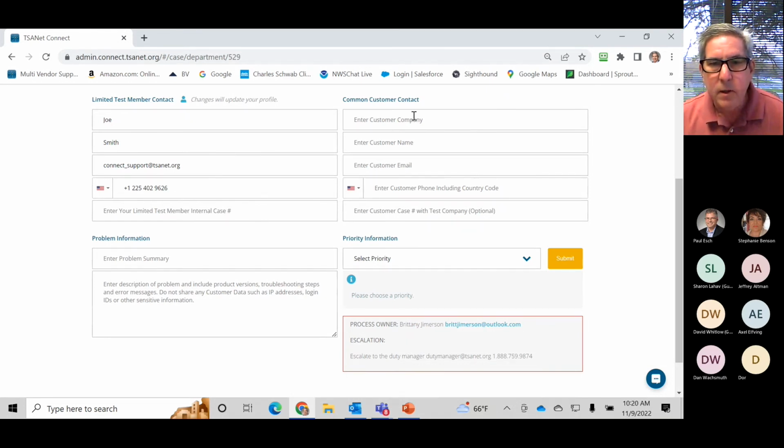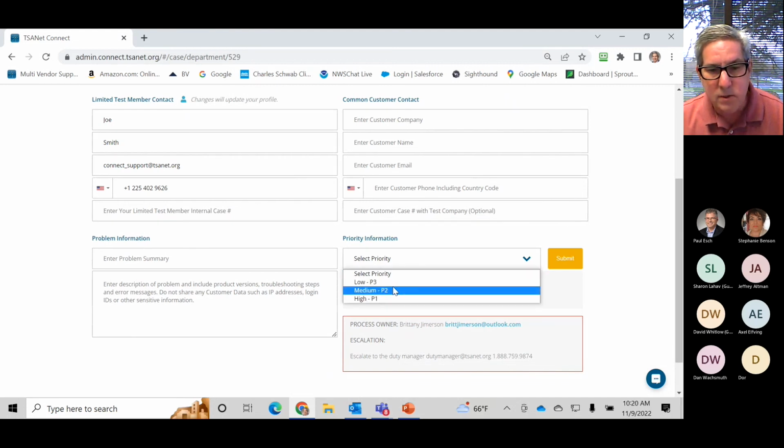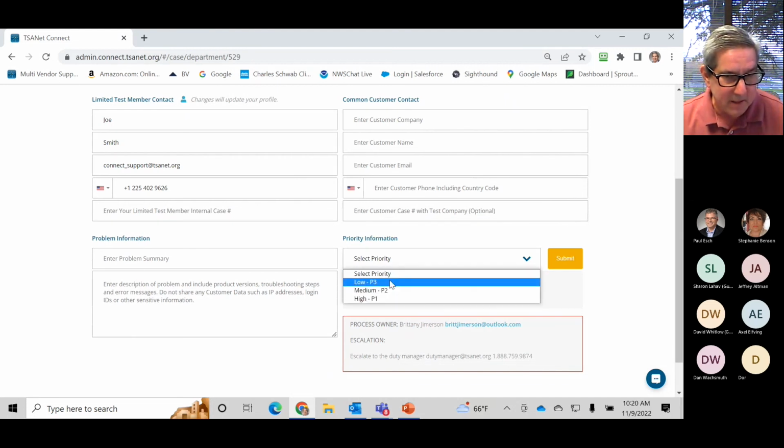And then in here, what I'm doing is I'm identifying who that mutual customer is. And there may be some things in here where there could be a custom field the host company has set up, where it could be a serial number or an account number. If you've already got a ticket open with this company, you can put that in, and then that is obviously going to connect you right into that engineer, because they're going to be able to look up that case number. And then down here are going to be the priorities of the acknowledgement of that ticket.